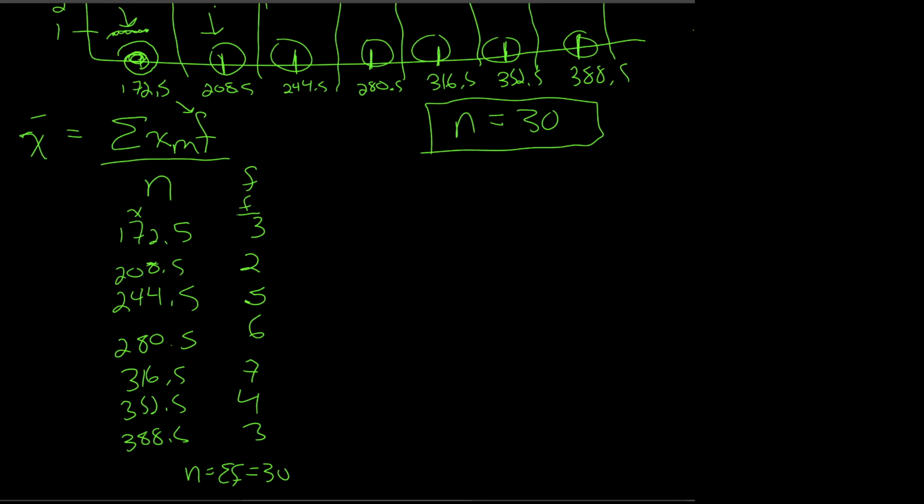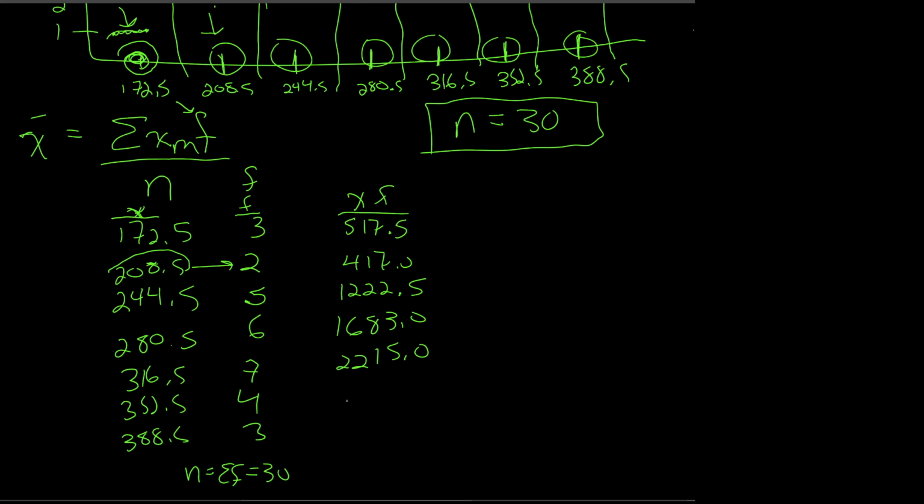So this is my x and this is my f. Sorry, my table's getting close to my formula. And now I need to do x times f, or the midpoint times the frequency. So 3 times 172.5, calculator fun. I'm multiplying this number by this number to create a new column, and this number by this number. Apologize as I punch away on the calculator here. 1165.5. And so I want to add up my xf's, or my midpoints times the frequency, and I get